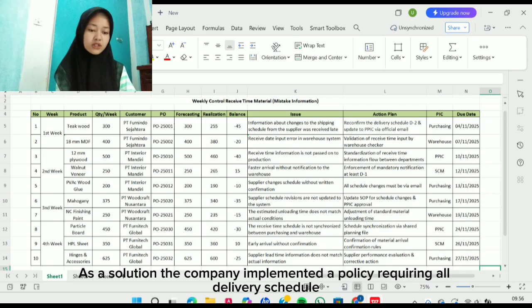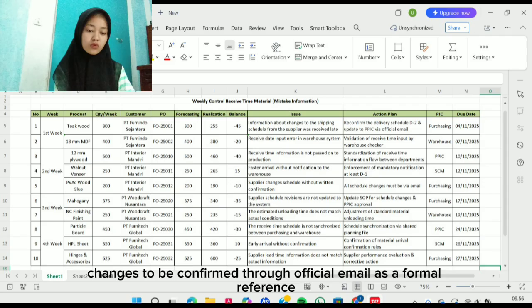As a solution, the company implemented a policy requiring all delivery schedule changes to be confirmed through official email as a formal reference.